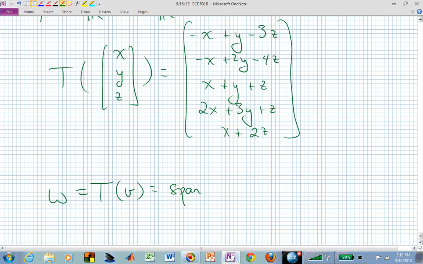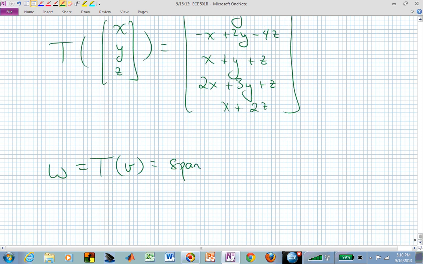We have the span then, W, the range of this linear map is going to be associated with the span